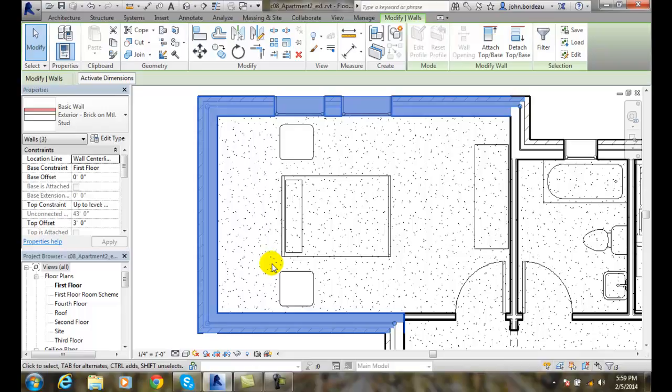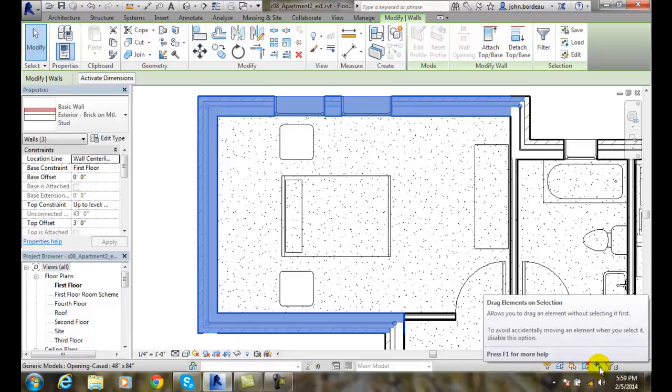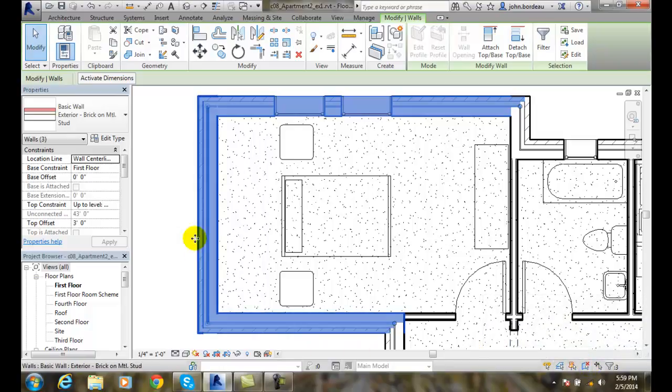into place. So moving elements by dragging is controlled by this button on the status bar. It needs to be on. Now with the X, you need to select your items and then hold down the left mouse button on the 4 arrows and drag in a direction, and then let go and you can move